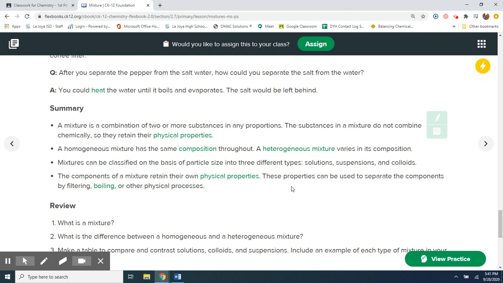Solutions have tiny particles, you can even say at the molecular level. Colloids will have medium-sized particles, and suspensions will have very large particles. Okay, if you want to gain back a component of a mixture, you can use physical properties to filter, boil,